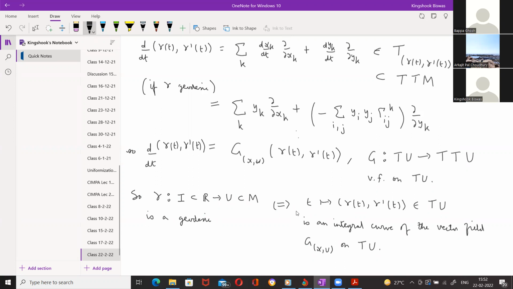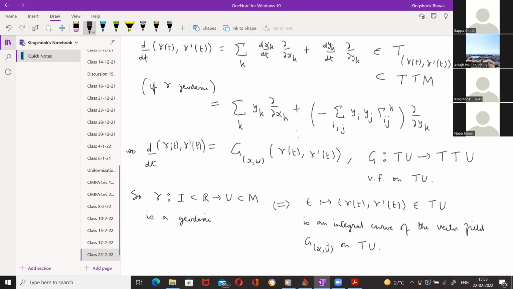So now what we want to show, so this vector field in terms of the coordinates x^k and y^k on the tangent bundle, this vector field is this linear combination of ∂/∂x^k's and ∂/∂y^k's. So a priori, it looks like it depends on the chart, right? The y^k's were defined in terms of the x^k's, and so the whole thing looks like it depends on x^k's, right? So that's why I've put a G sub X comma U to indicate the dependence on this coordinate X. But now we want to show that actually it doesn't depend on the x^k's. This is an intrinsically defined vector field on the tangent bundle, which will be called the geodesic vector field.